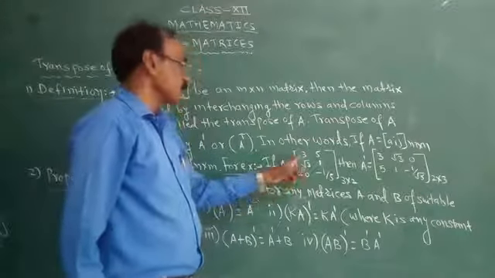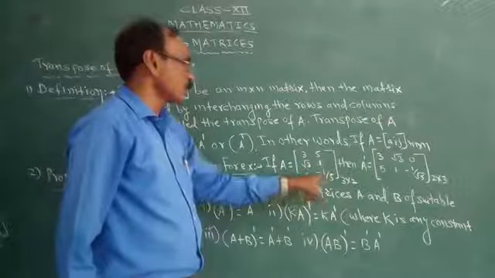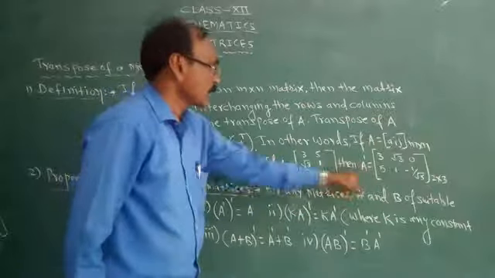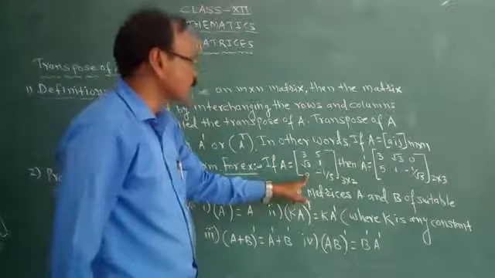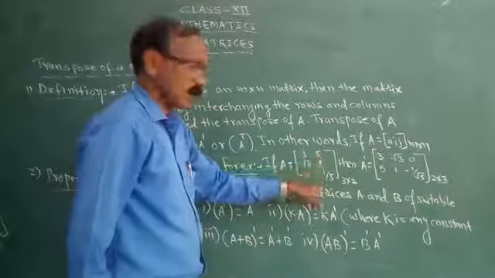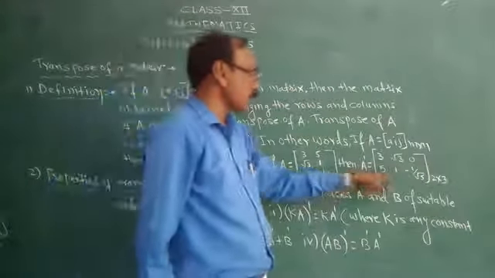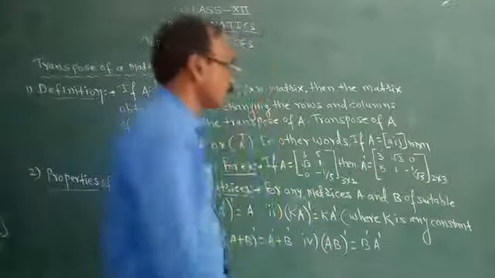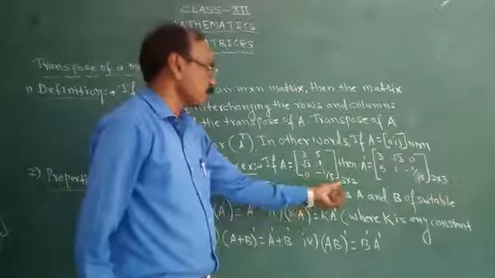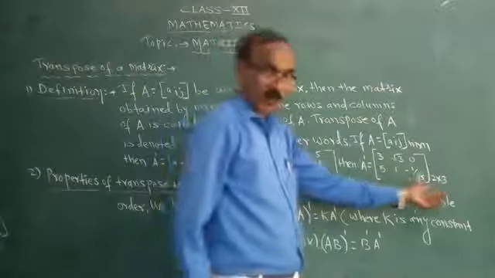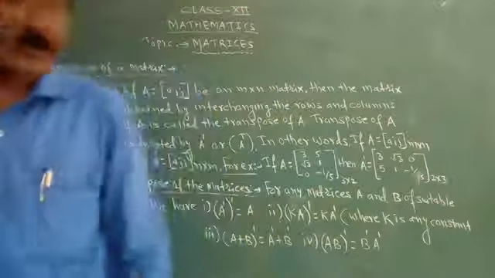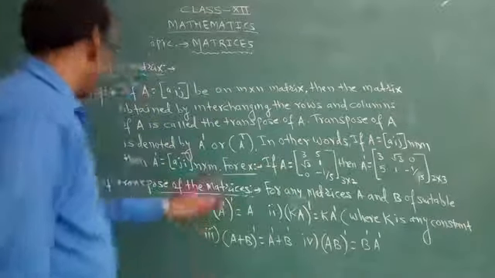A matrix A = [3, 5; root 3, 1; 0, minus 1 by 5]. Now take each column as a row. The transpose of A has first row 3, root 3, 0, and second row 5, 1, minus 1 by 5. As A is a matrix of order 3 by 2, the transpose becomes a matrix of order 2 by 3, with 2 rows and 3 columns. In this way, we can find the transpose of the matrix A.